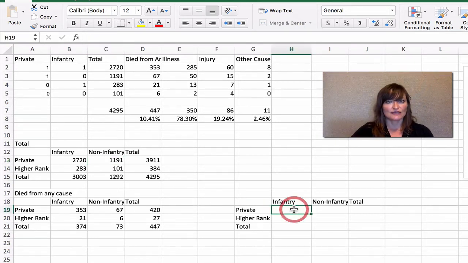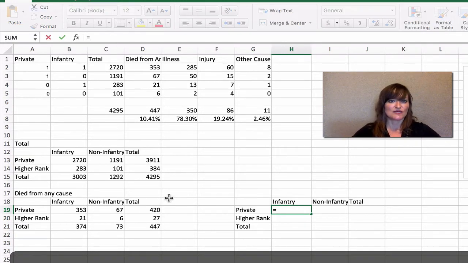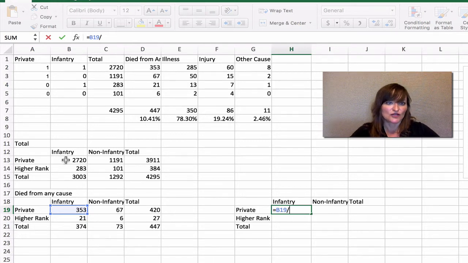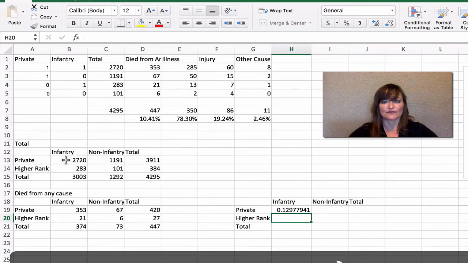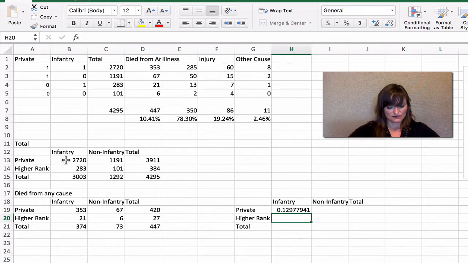So right here, we want to know the percentage of privates in the infantry who died from any cause. So that's going to be those who died divided by the base rate of privates in the infantry. Go ahead and fill in the other 3 cells.